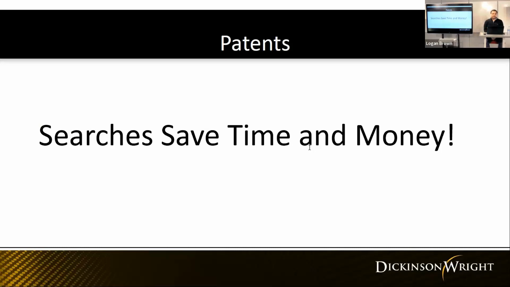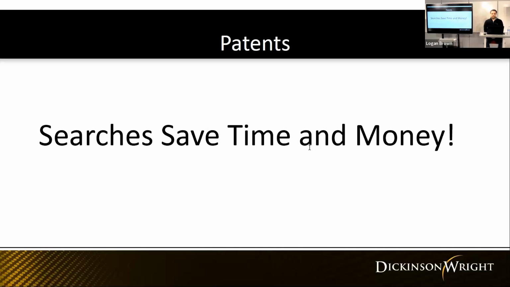Searches will save you a lot of time and money. Searches are something that you can do yourself. There's something that you can pay a law firm to do. There are entities that their entire business is doing patent searches for others. You can Google these, and I'm sure you'll have plenty of options pop up, and they'll be happy to give you their pay structure to let you know about how much time and money it'll cost.